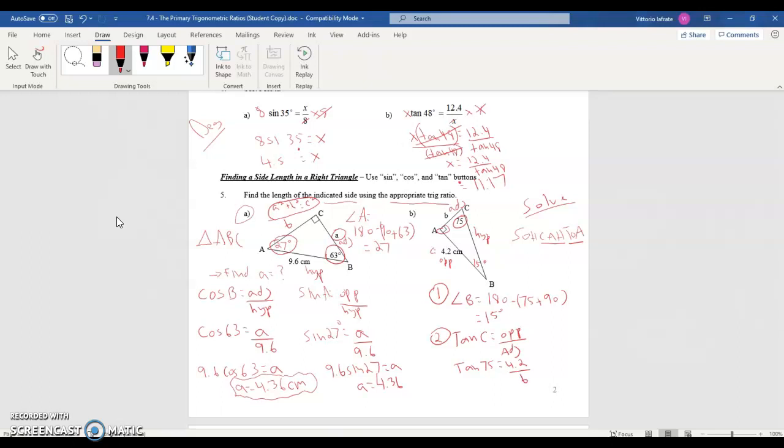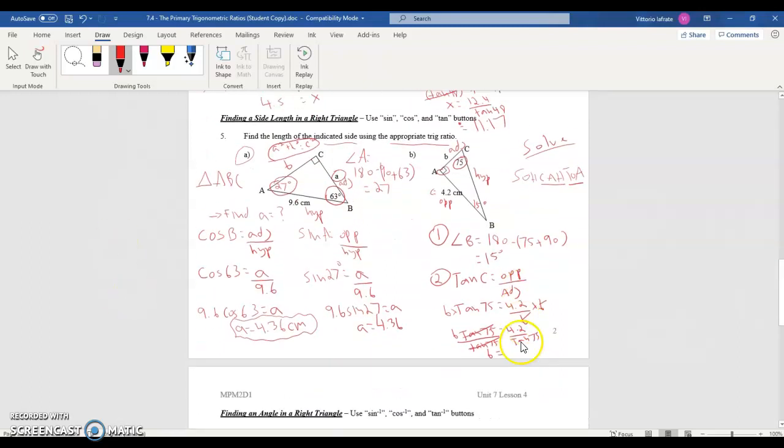And so we can solve for B by multiplying both sides by B. This crosses out here. And so we get B tan 75 is equal to 4.2. And then we can divide both sides by tan 75. This crosses out, this crosses out. And we get B is equal to